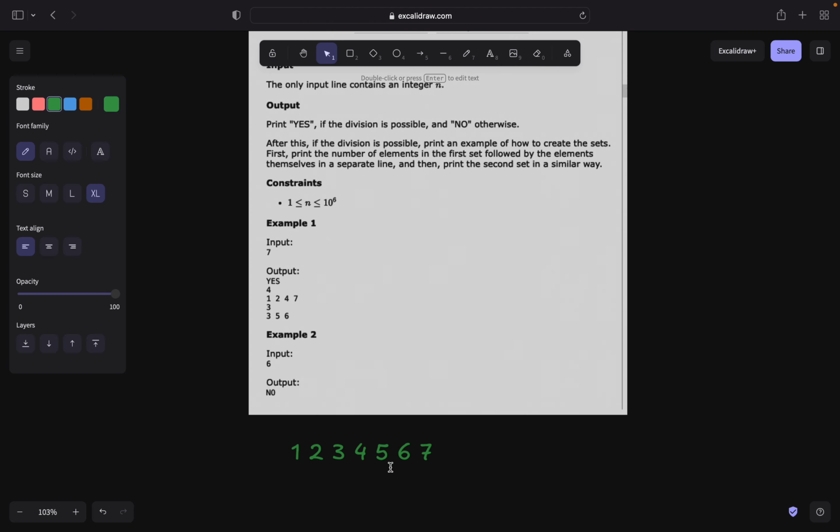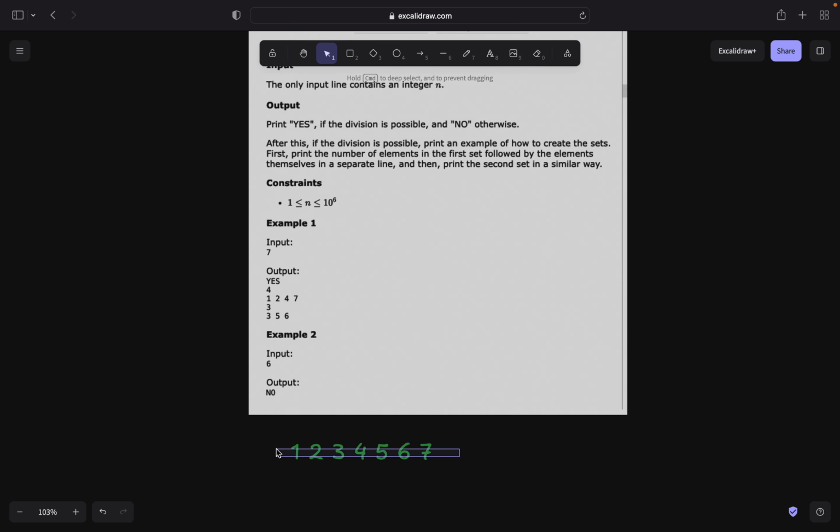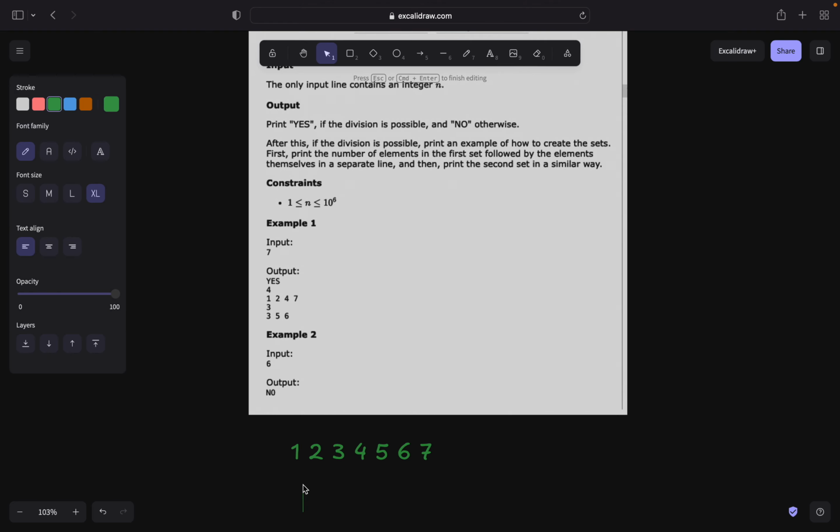How can we do that? If the sum of the whole thing is even, we need to verify if it is even. It means it can be divided into two sets. So here, as we can see, the sum from 1 to 7 is 7 times 8 divided by 2, which comes out as 28, right? Sum equals 28,